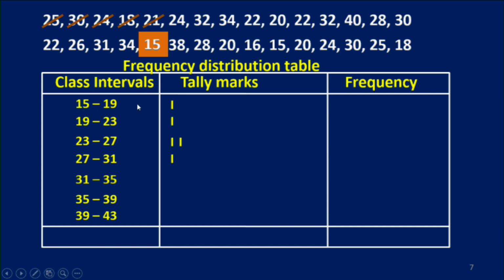21, where will it come? Yes, in the second class, 19 to 23. Next, 24, where will it come? Yes, in the 23 to 27 class. Children, like this you have to cancel each number and take its tally mark in the frequency